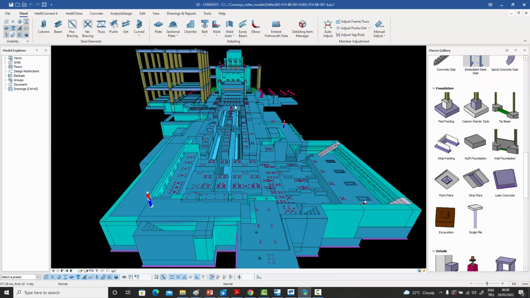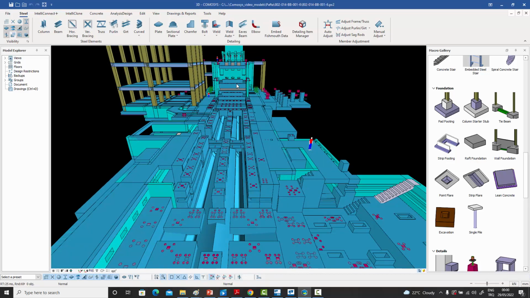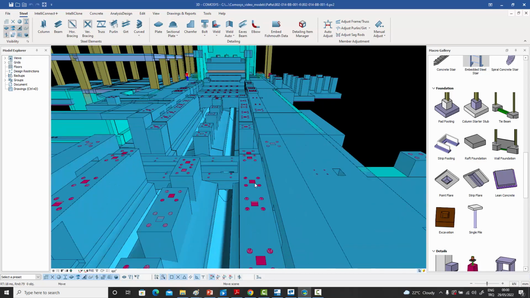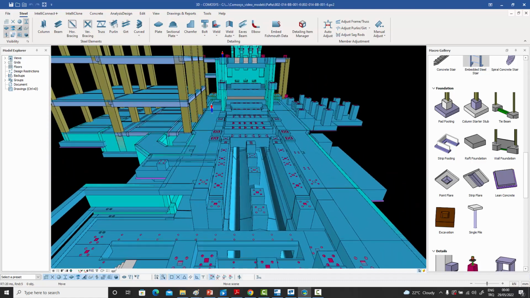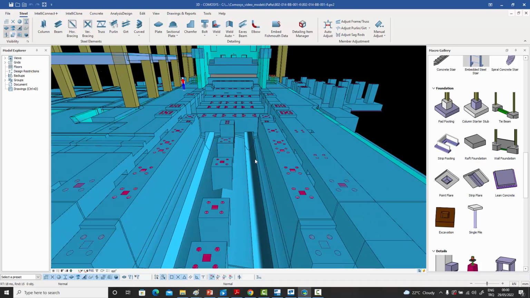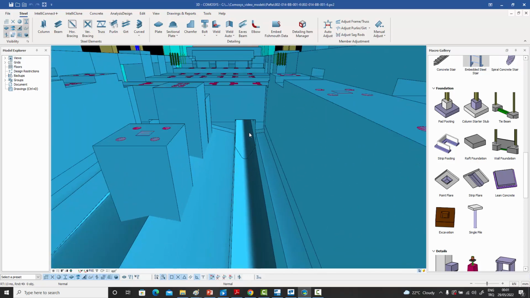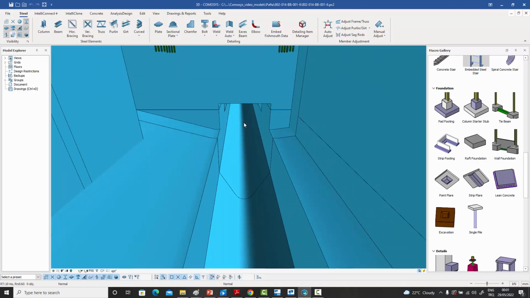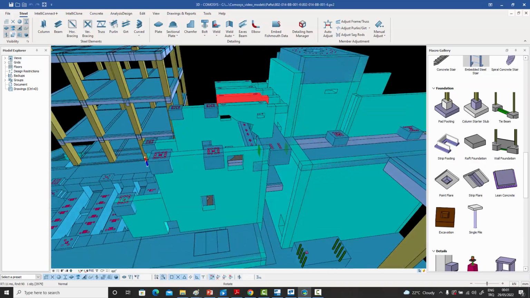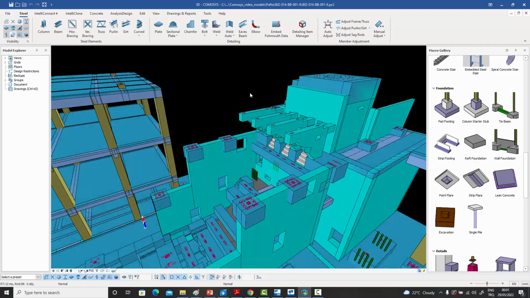How about this for complexity? This is the foundation of a continuous casting machine, which is used in steel plants. And this is a huge machine, and all these are points where the machine is sitting on the concrete, and it has to be modeled extremely carefully. As you can see, there are lots of these little stubs coming out, anchor bolt holes, other types of depressions, changes in geometry, all these drainage channels, and what you're seeing is one of the most complicated types of equipment foundations you will ever do. And this was done entirely in COMOSYS and in record time, much faster than the AutoCAD